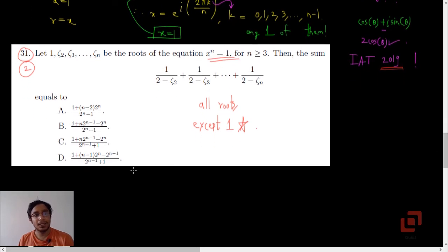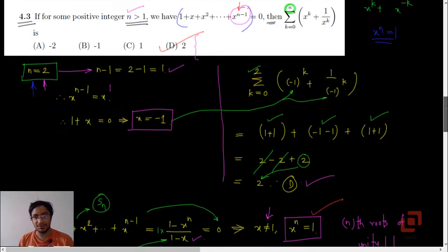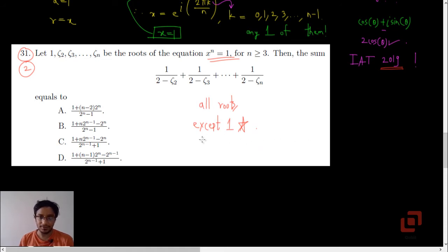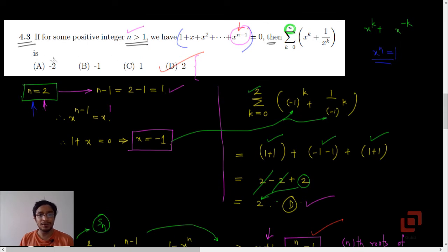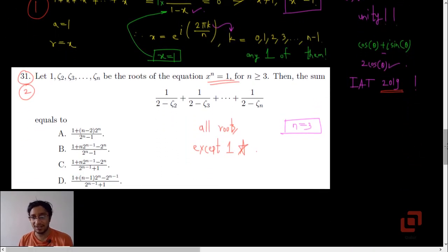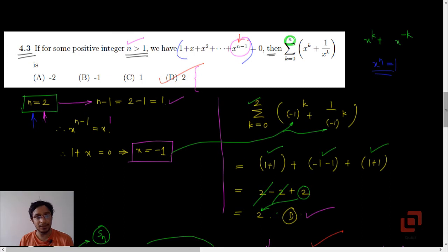But anyways, the trick that I have used to solve 31 of the ICER aptitude test and this third question from NEST 17 is the same. Just pick a particular value of n, and make sure that it does not produce the same expression for A, B, C, D. In our case, in the NEST, it's good because all these numbers are independent of n. So by using this trick of special case, you can simplify the MCQ and solve it. So that was 4.3, option D. Let's go to 4.4.